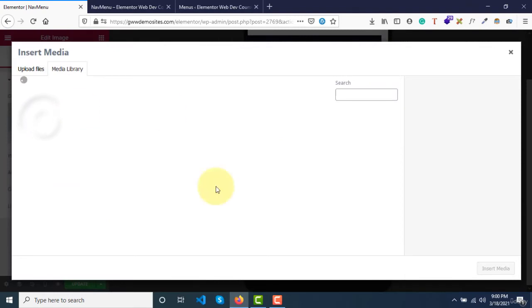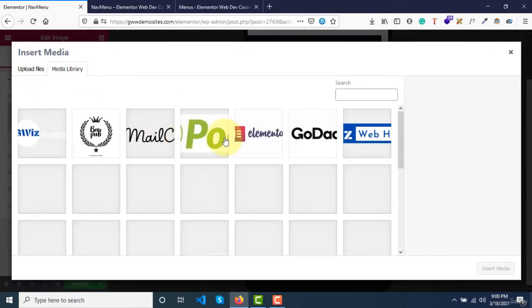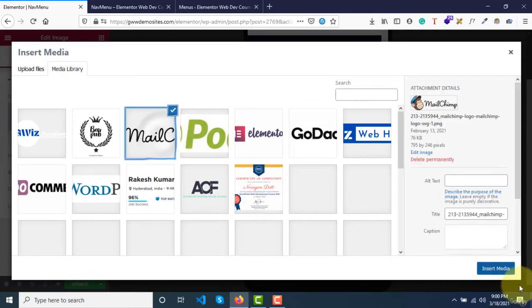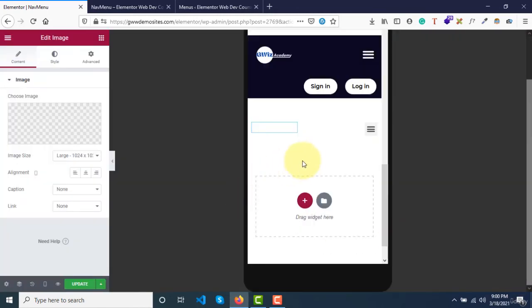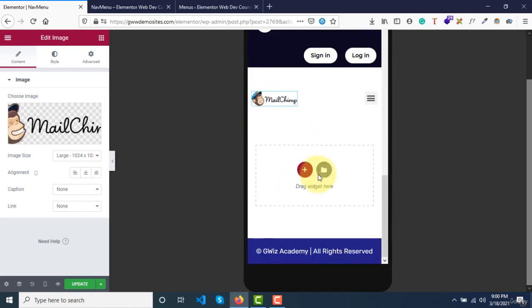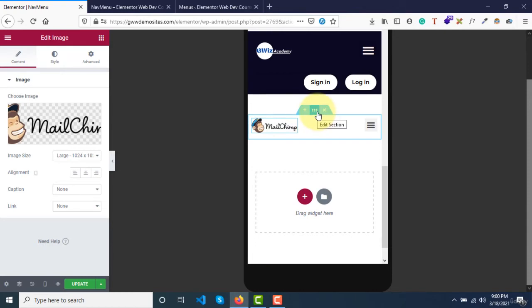Select some logo. Let's keep MailChimp. Yeah. Now let's say we are creating a mobile menu, and this is the logo and this is our drop down. Now if you click on this drop down,